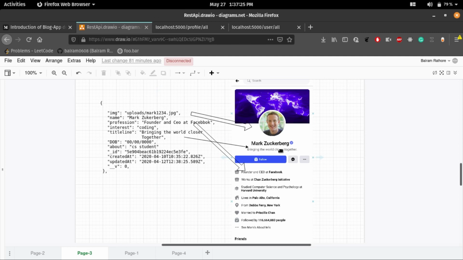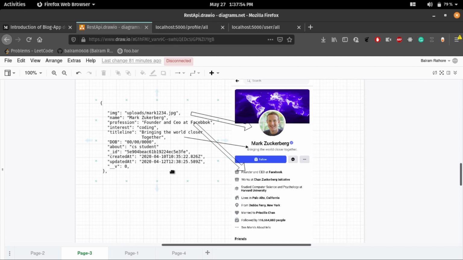All that the front-end developer gets is only JSON data. If the developer is an app developer, then they will use that JSON data in such a way that the app looks like this. If they are a web developer, then they will convert that JSON data according to their perspective.